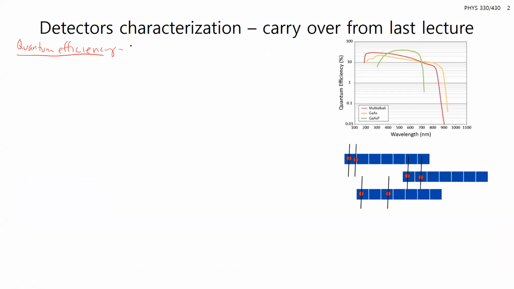which has to do with how many photons that reach the detector are actually sensed or detected or converted to electrons. And this is typically reported as a percentage. You can see this is on a log scale for different types of detectors, gallium arsenide, the different types of detector materials here. And you can see that these can vary based on the materials or the type of detectors